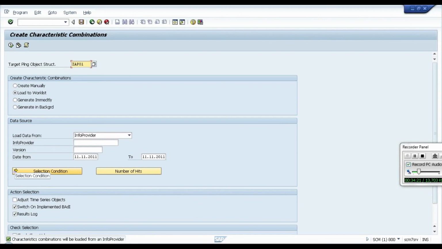Actually, to create CBCs, it will refer to sales order or sales invoice data. For example, today we have created 5 sales orders in the R3 system. Those 5 sales orders we will extract into the APO system. So now you can see those 5 sales orders' data in the APO system. What this program will do is check the sales orders.